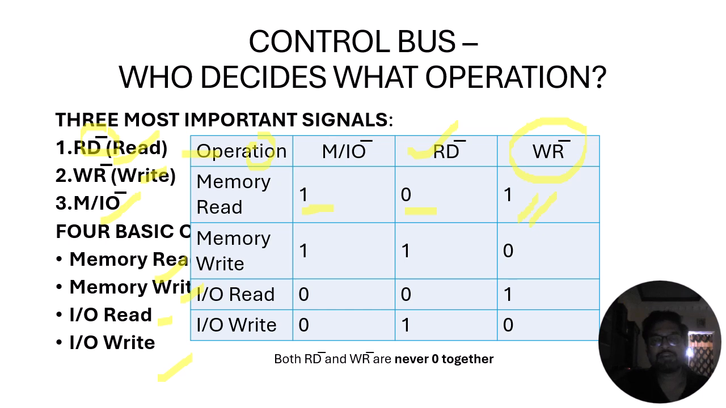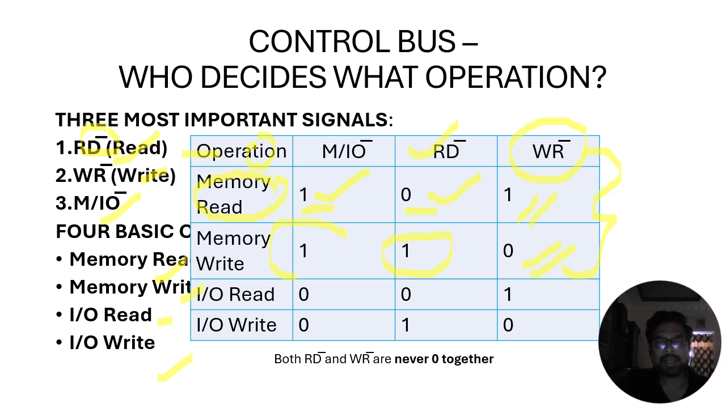If a 1 is in M/IO, then it indicates a memory related operation. As the RD bar signal goes low, it indicates the read operation. So it is a memory read. Next, for memory write, the read signal has to go high and the write signal should be active low in order to initiate the write operation. Okay,